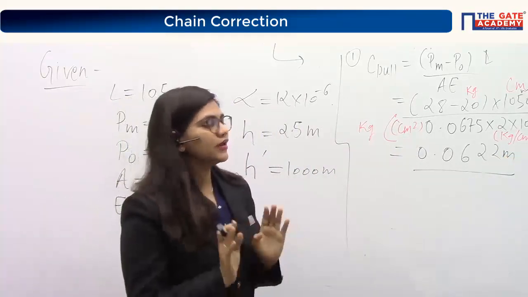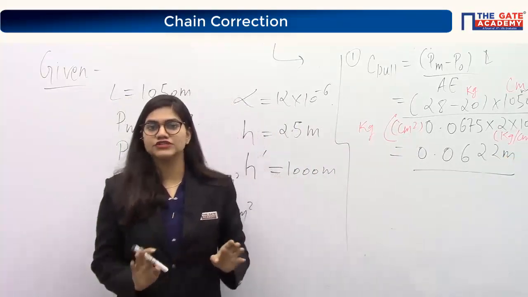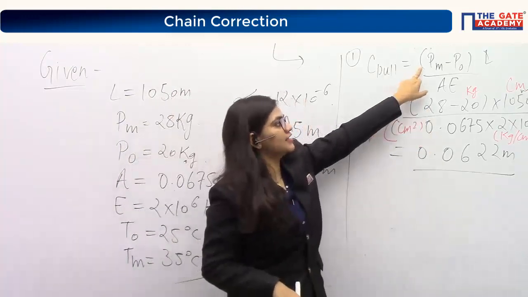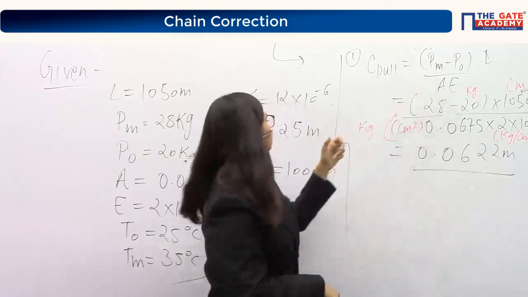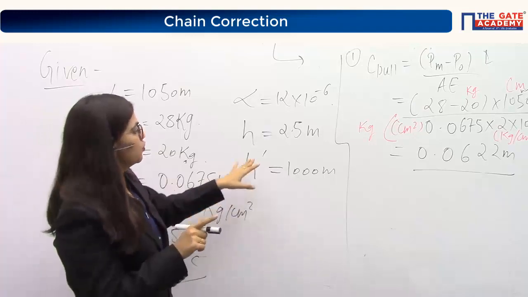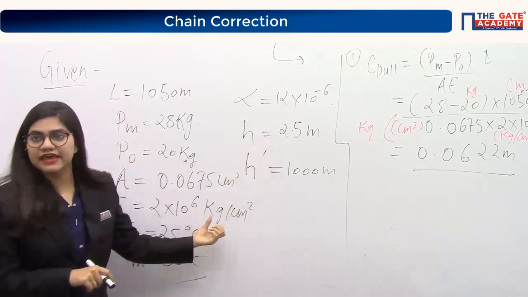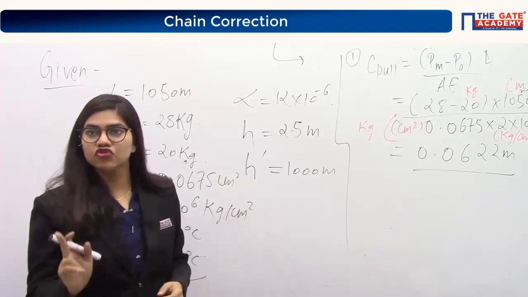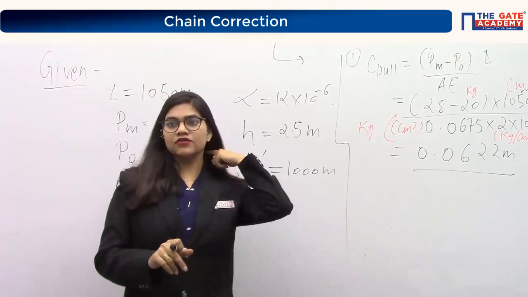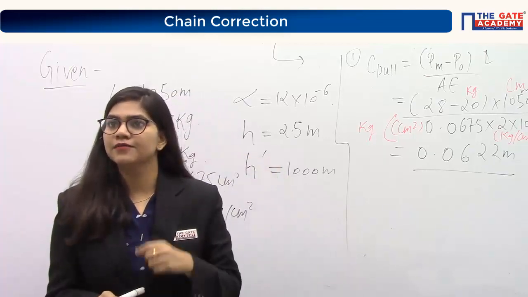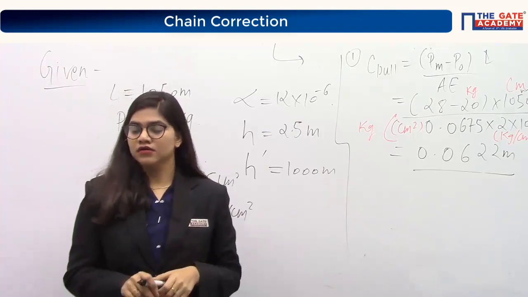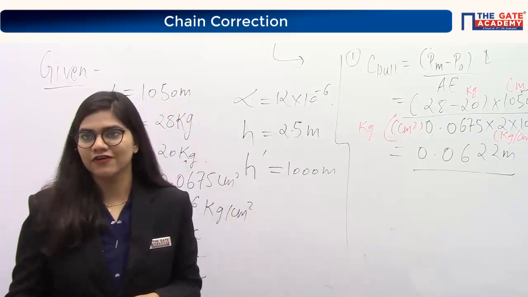There is no need of changing anything. Please be very careful with your units. Okay, this is in kg. This A is in centimeter square. The length is in meter. But 2 into 10 to the power 6 is in kg per centimeter square. There is no need of changing any unit. Is it clear? Clear, Tarun? And Aditya, Tarun, Shehbaz, your answer is correct. Very good, yaar. Very good.